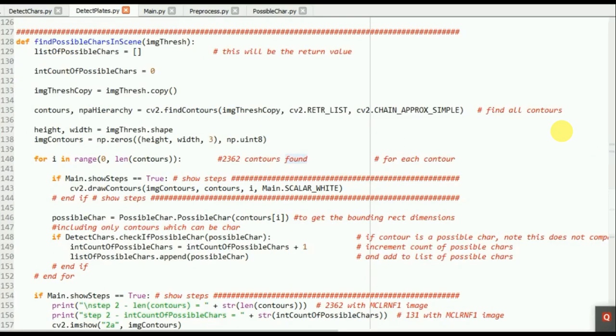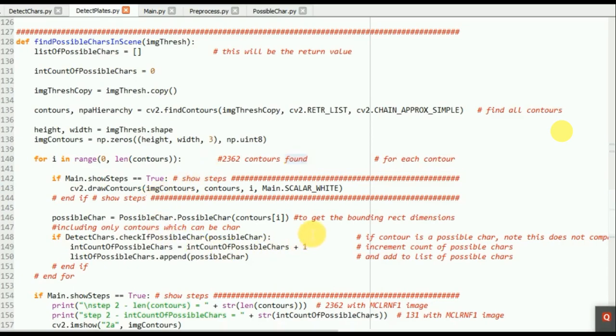Okay, so we are here in find possible chars in scene. First we will be using cv2.findContours to find all the contours in our image, all internal and external contours. After this we found almost 2362 contours.